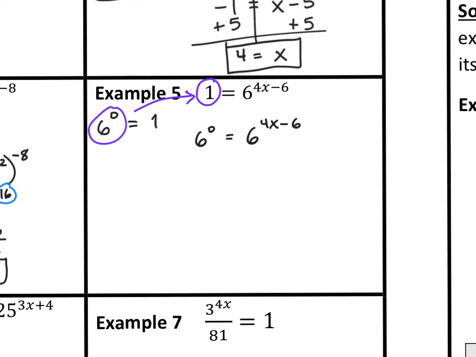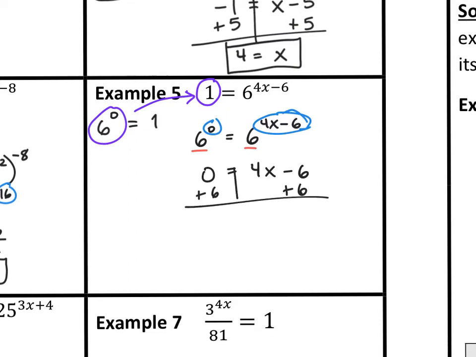and now look what we have. We have that both sides have the base of 6. That means that the exponents are equal. So that means I have 0 equals 4x minus 6. The opposite of subtracting 6 is adding 6. So just